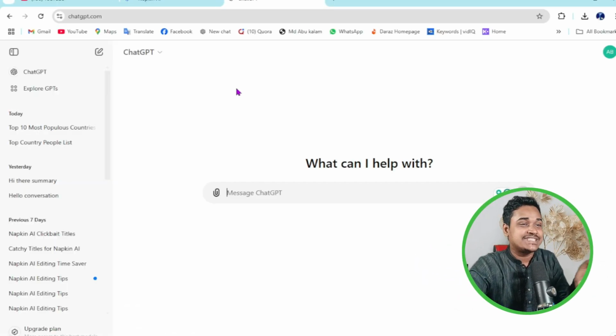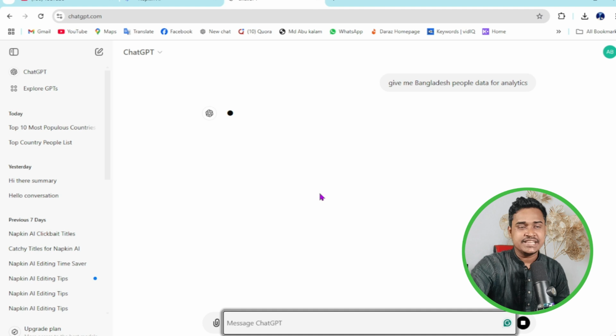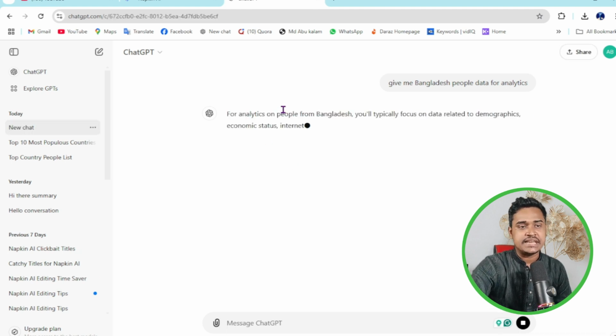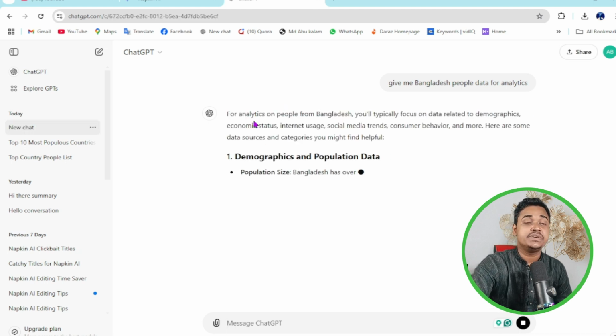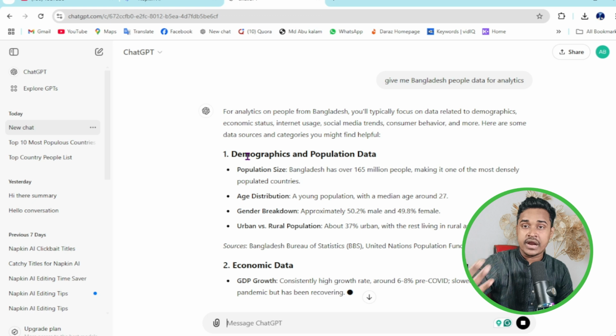First, I'm going on ChatGPT. Then you can write anything here. So I write here, then I click enter. Then ChatGPT gives me some data about Bangladesh and Bangladesh's population,